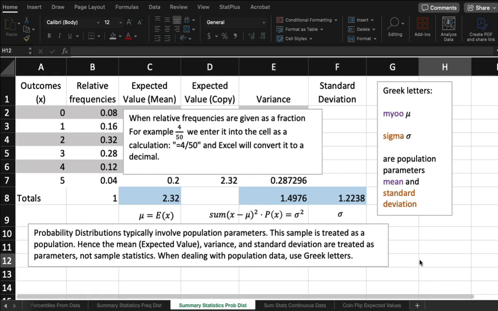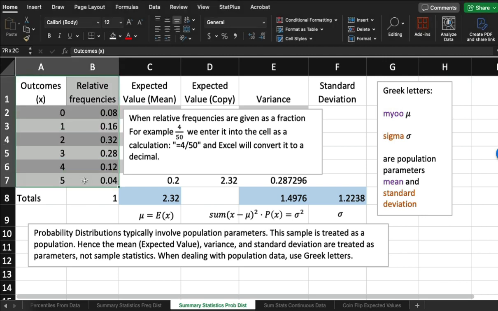We're going to continue our discussion of statistics, and in this case, it's still part of the descriptive statistics section of our class, and we're going to focus on a population today. In fact, we're going to focus on a population that has a probability distribution. What you see in columns A and B over here is what we call a probability distribution, and